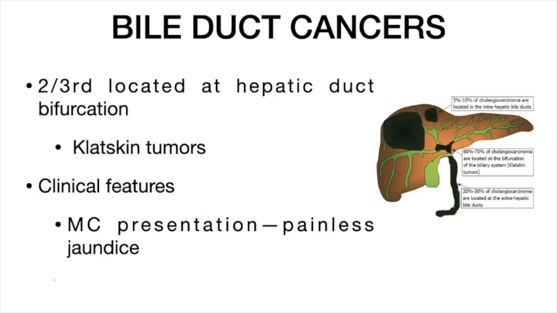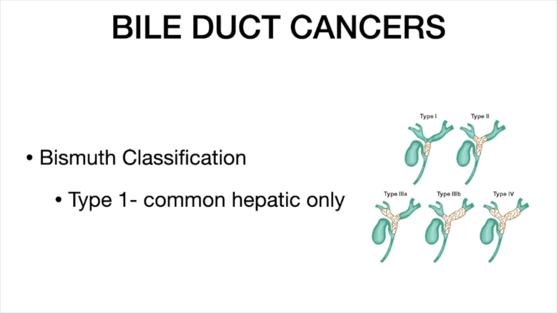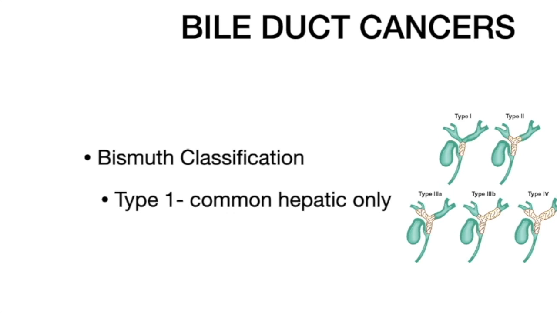Two-thirds of the bile duct tumors are located at the hepatic duct bifurcation; these are called Klatskin tumors. In the clinical features, the most common presentation is painless jaundice. Bile duct cancers are classified according to the Bismuth classification: type 1 is located at the common hepatic duct only,